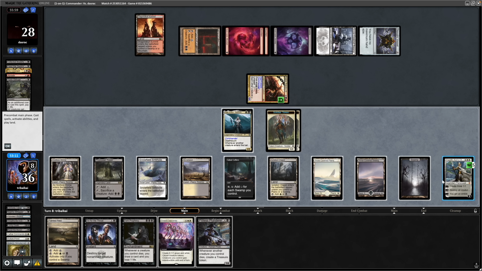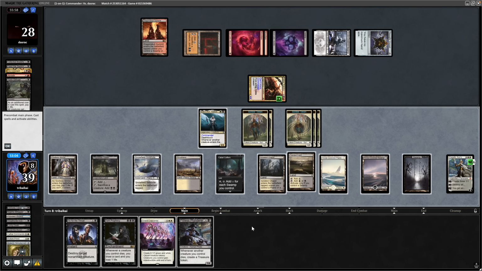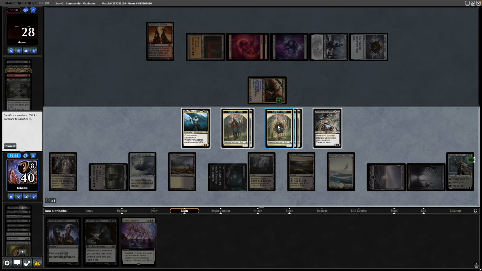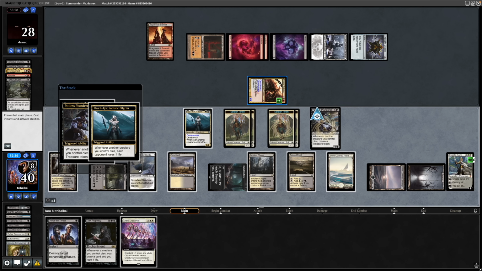So plus on the Elspeth again. Go up to 39 life, and then it is this Pitiless Plunderer. We'll throw down the Tainted Field. Pitiless Plunderer does trigger on creature tokens as well, so that's going to do a lot of work for us potentially. We'll make some more black mana by sacrificing a soldier token, which will drain our opponent, and we'll make